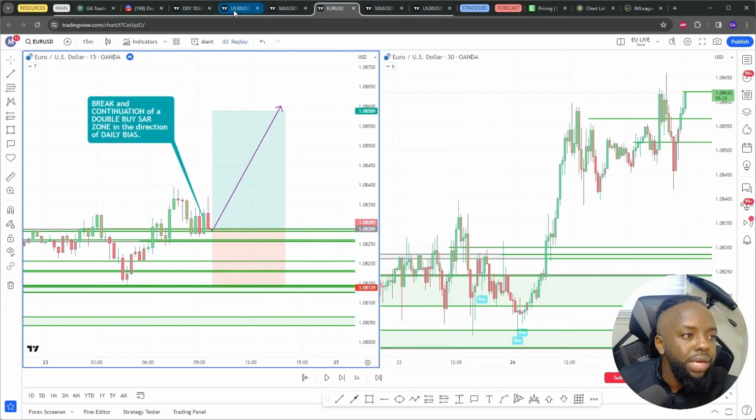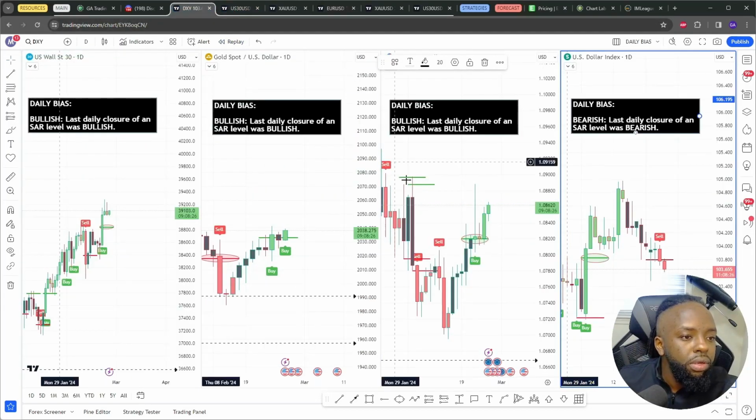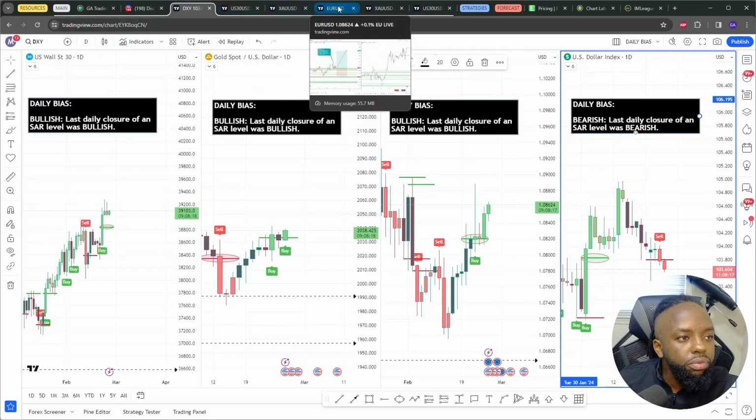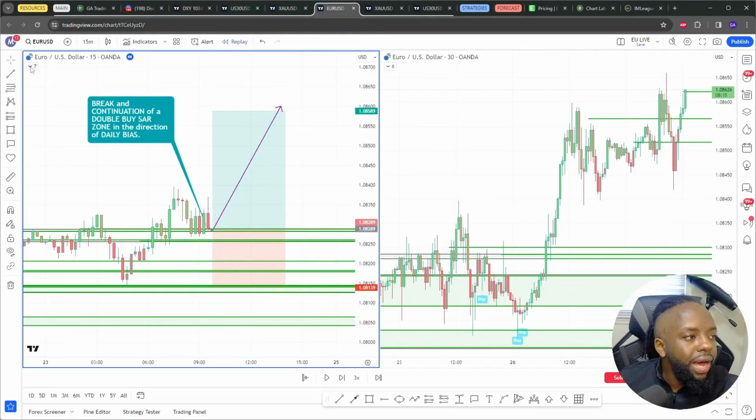Now our daily bias by then was bullish on EU, so we turned bullish to have a bullish bias on Thursday. So Friday was the beginning of our bullish bias. So going back to that trade, the other thing, if you remember during our previous trading recap, we had talked